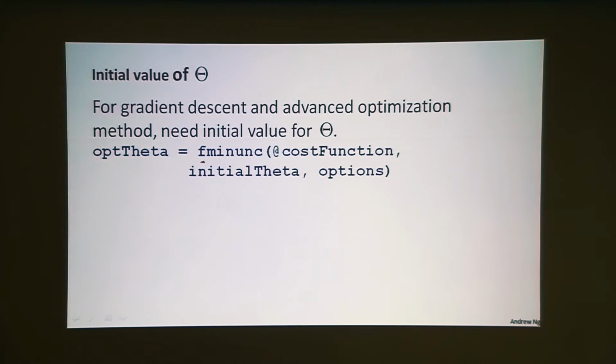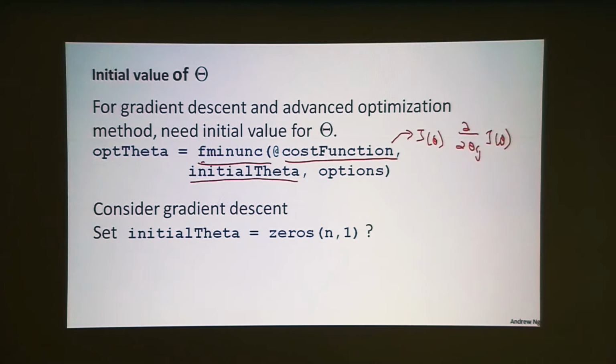And here's why. In MATLAB, fminunc is an implementation of LBFGS. If the cost function is code that computes J of theta and the partial derivatives of J of theta, then fminunc and other functions in MATLAB Octave implement these sorts of black box optimization algorithms that will automatically search for parameters theta for you to drive down the cost function. So the question is, if you're using any of these algorithms, LBFGS, conjugate gradient, or gradient descent, how do you initialize the parameters? One natural choice would be to initialize the parameters to all 0,